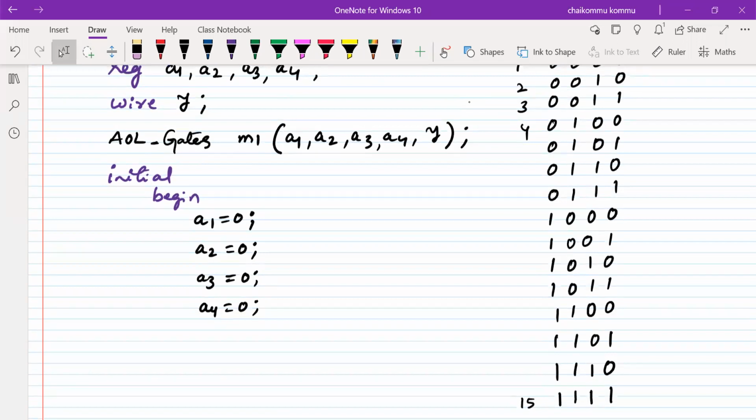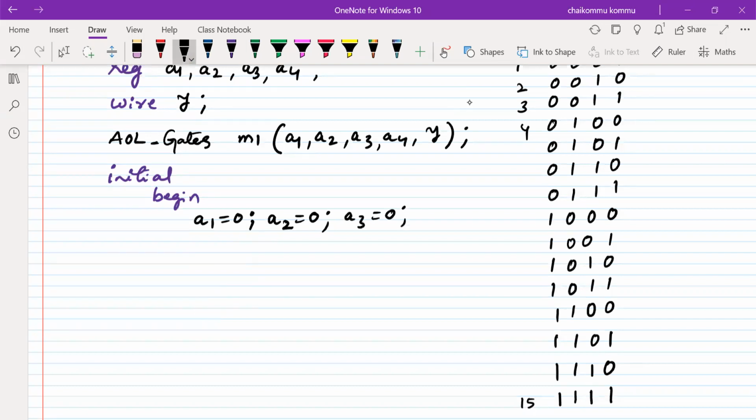So instead of writing vertically in this fashion, I can also write horizontally, because after the semicolon the statement is completed and the next statement can start. So I can write a2 is equal to 0, next a3 is equal to 0. Compared to the previous one, this looks somewhat better, right?